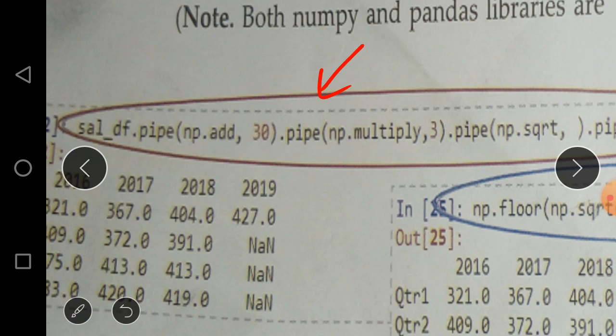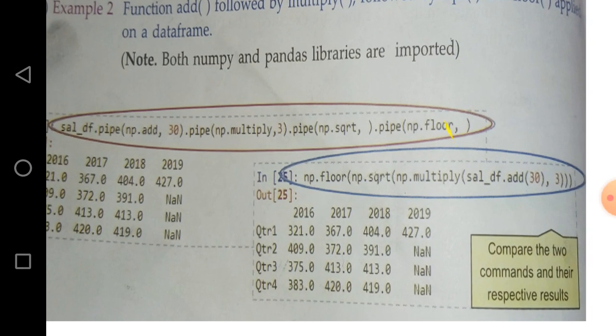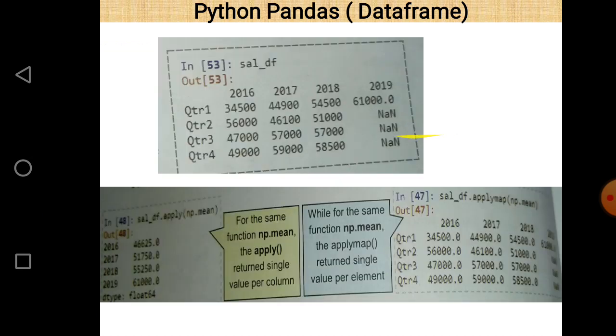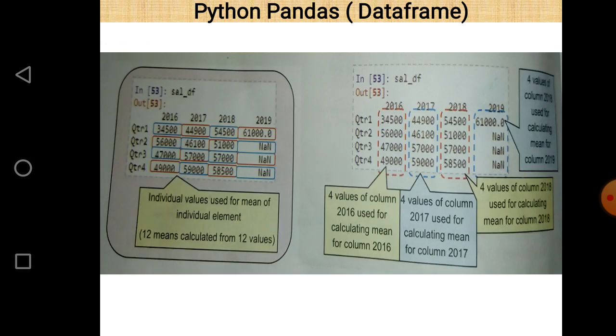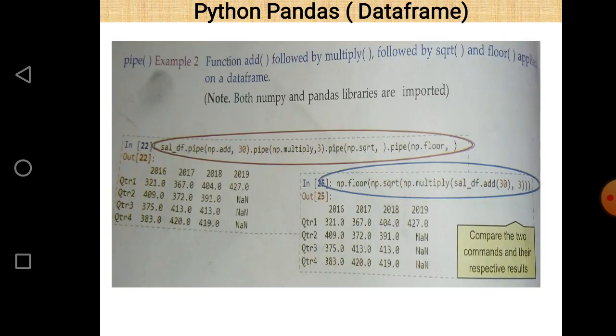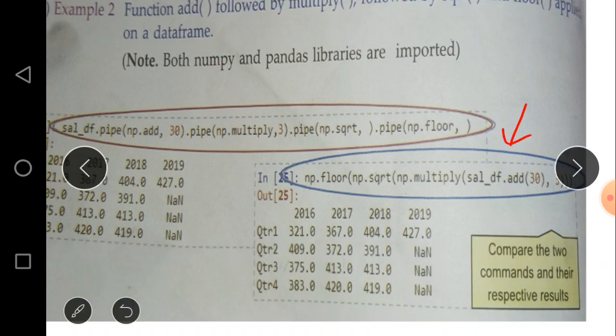So in this example we can see that the first command which will be executed is add. After that multiply, and then sqrt, and then the floor operation.